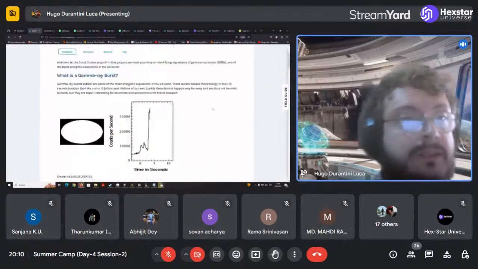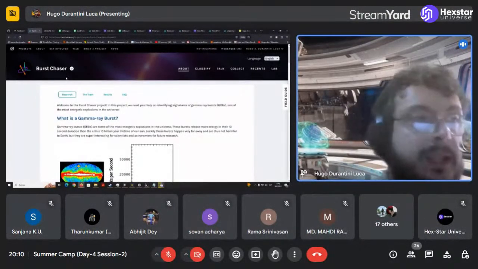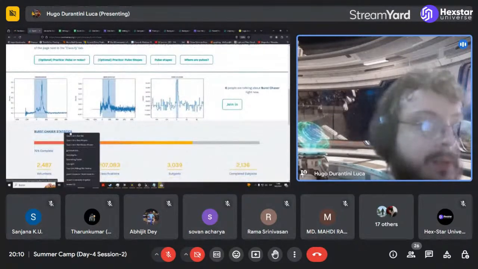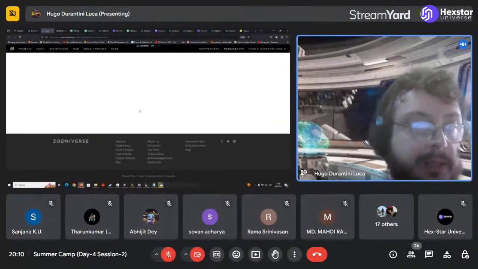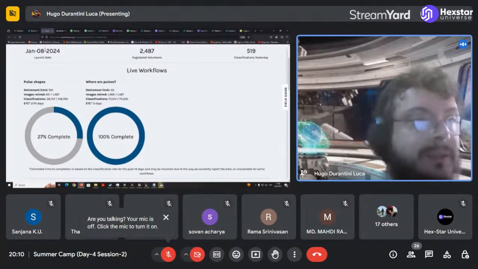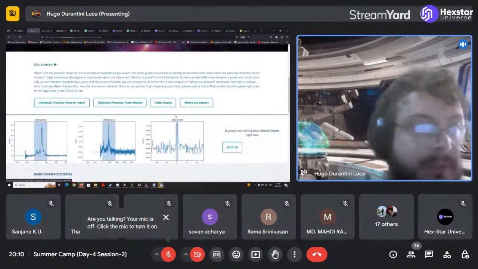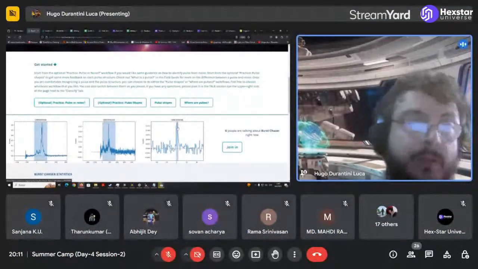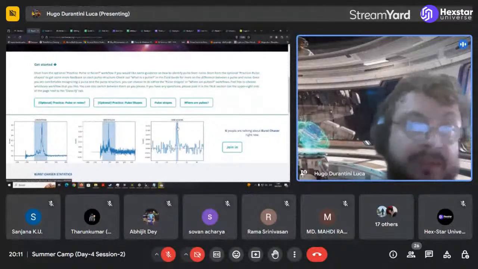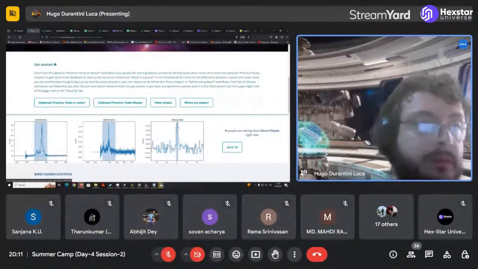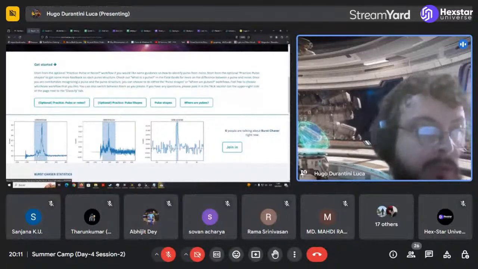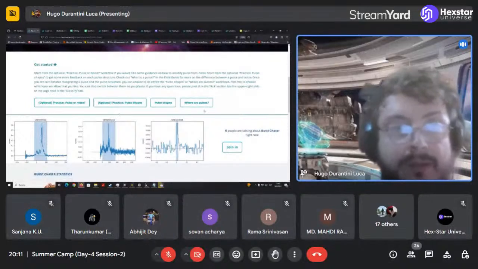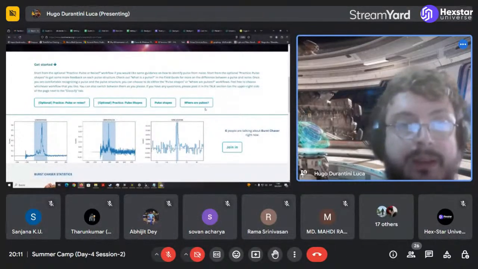How do you work in this project? This project actually has two sections. Currently one of the workflows is complete, but you can jump in and see, we are going to have more data in that section soon. You can work in two sections of the project in two different ways. To see the shapes of the pulse of the gamma rays, this is what we call a light curve from a gamma ray burst, we analyze the shape,